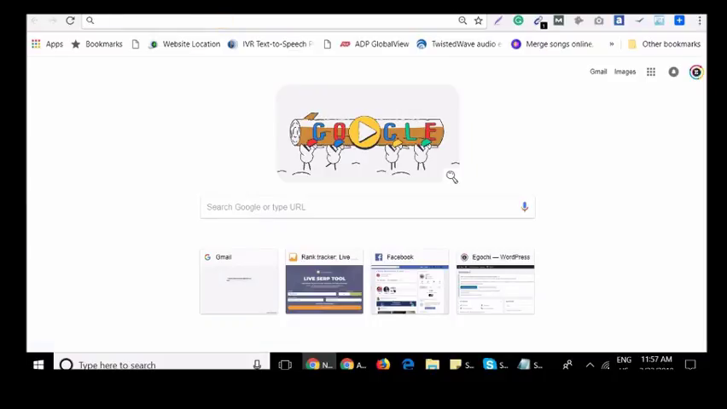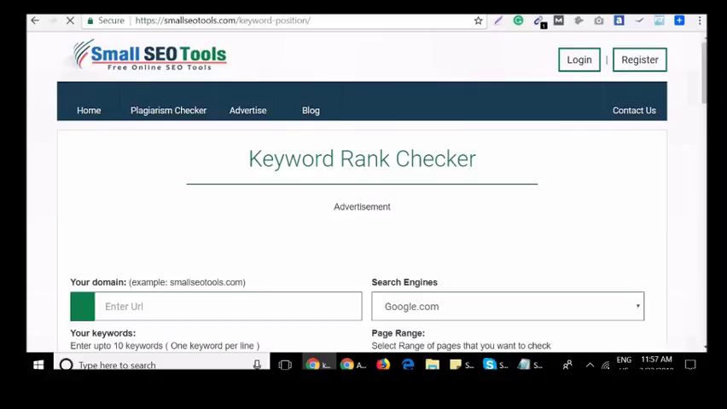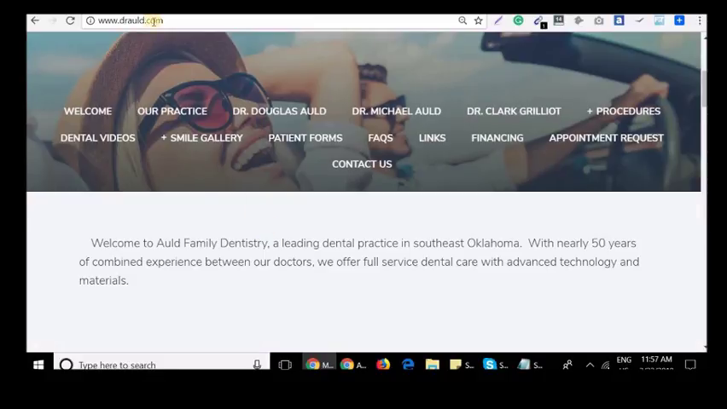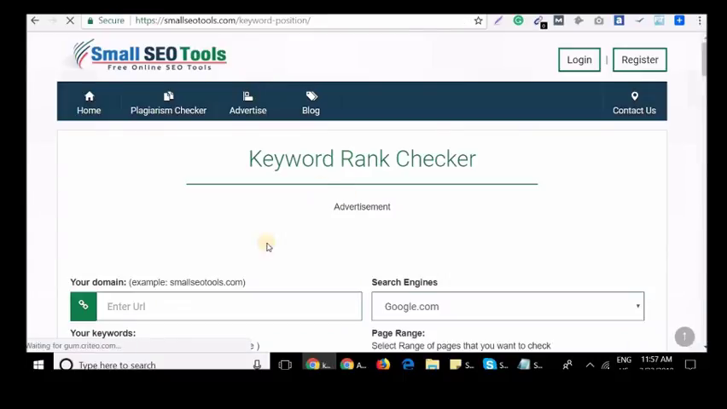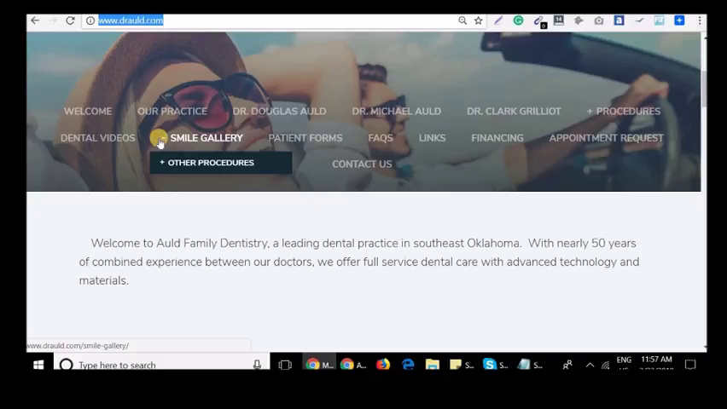If you have SEMrush or Ahrefs, you can go ahead and check on the listings or your rankings directly from there. But if not, there is a free tool which is pretty good according to me, which is Small SEO Tools, keyword position checker. All you need to do is come over here, enter the URL over here, and put in up to 10 keywords that you want to check the rankings for. And say for example,